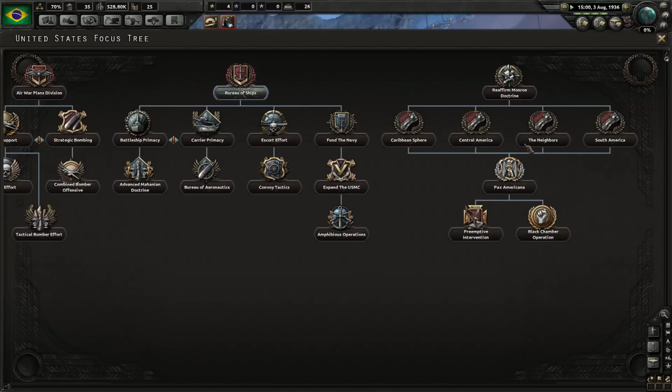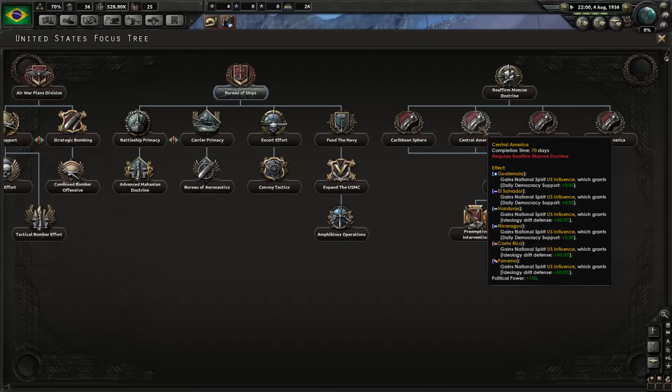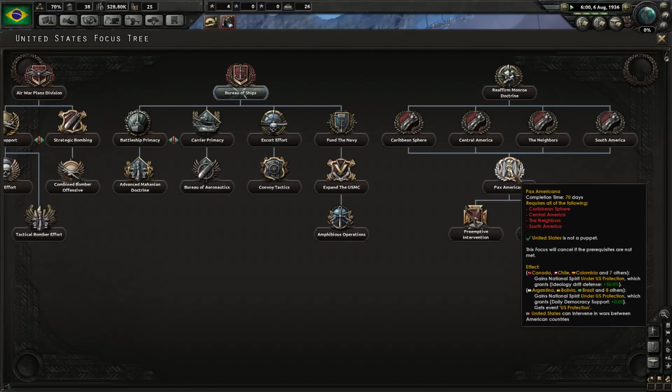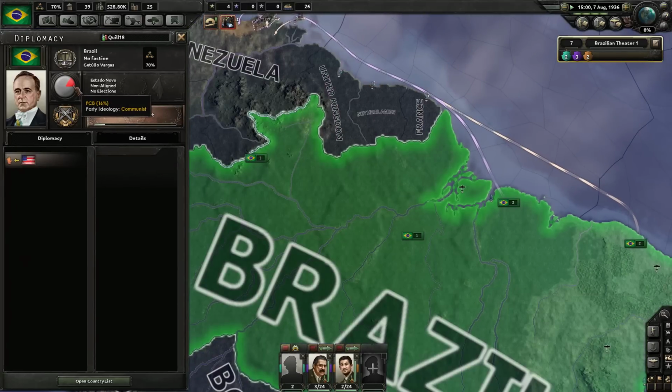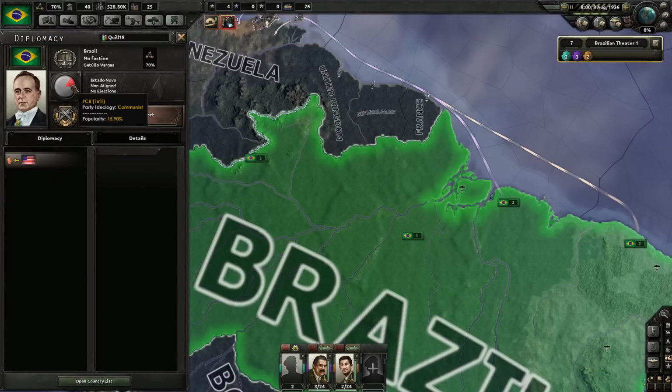There may be, because they started with the neighbors. I don't know if he's done Central America or Caribbean Spear. Maybe we saw it, maybe we didn't. I don't remember. It doesn't tell us if he's finished it or not. But he's not researching Pax Americana. So that's one saving grace. Communist support still has a long way to go. But we are gaining...